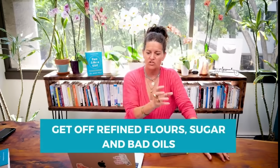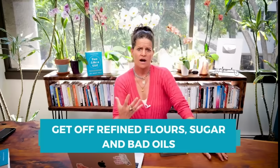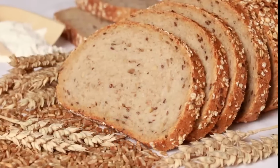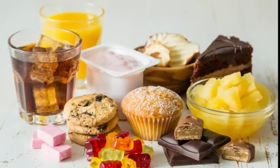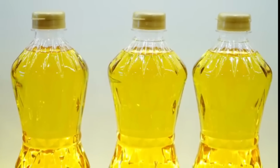I also would add into that a probiotic can really help. So if you're on a probiotic, great, or if you're not, get on a probiotic. The other thing is, let's get you off not just the commercial dairy, but off the processed, refined flours like wheat or some of the white breads. Let's get you off sugar. Let's get you off the bad oils. Before I even tell you about a supplement, let's do some of the basics, like getting off the stuff that's destroying our gut and adding in the good stuff that is healing our gut,